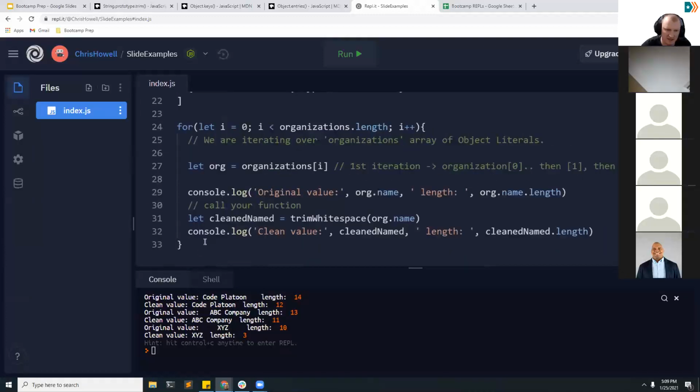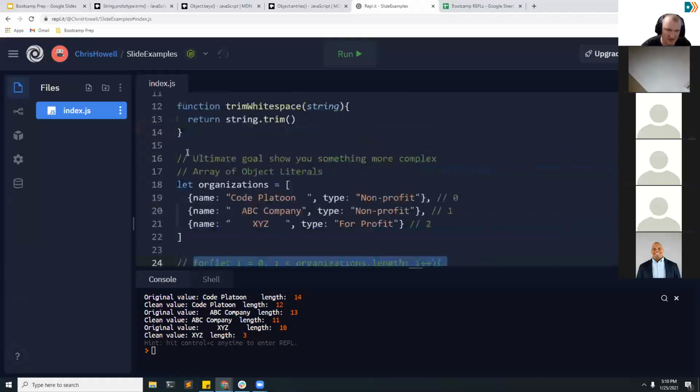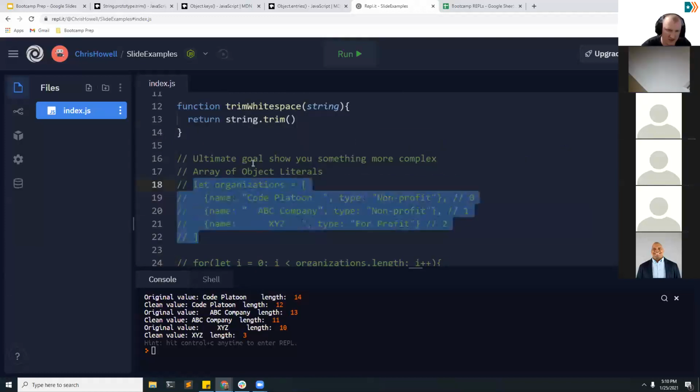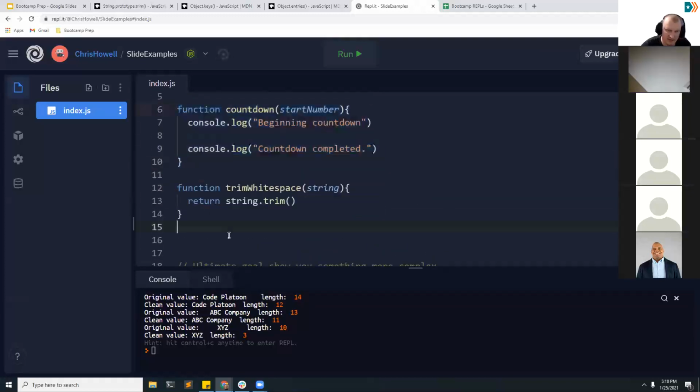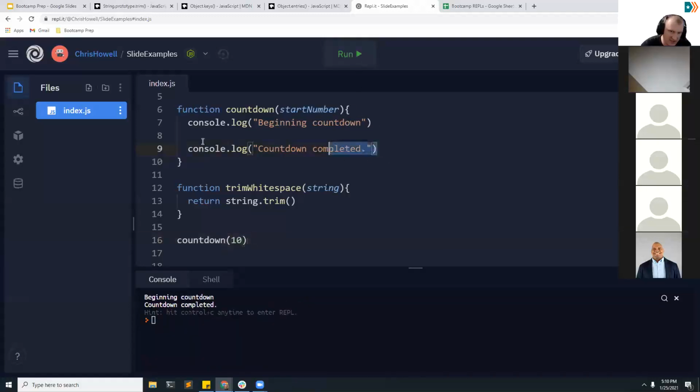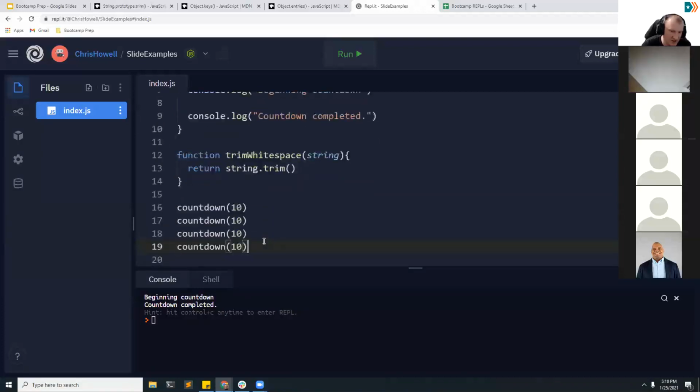let me comment this stuff out real quick, because I don't want it to interfere with what we're about to get when we call this thing. So my function is defined above. At the moment, it's literally just going to console.log, but I can call this countdown and give it a number. And if I run it, it does these 2 lines, right? And I can call it a lot of different times with different numbers. So I'm calling it 4 individual times,